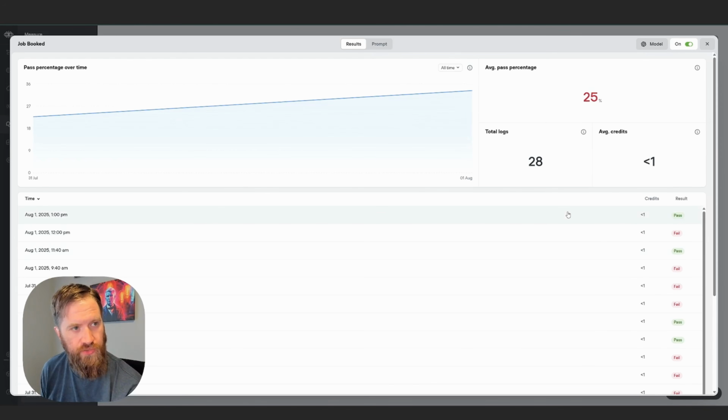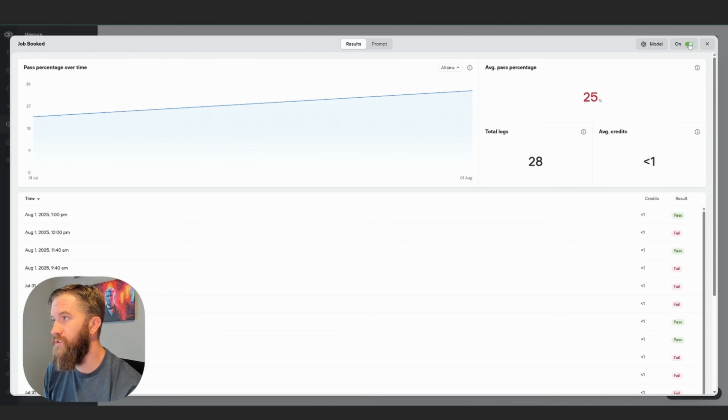Each one of these evaluations is less than 1 credit. So it's nice that we're able to see, okay, these evaluations are obviously not free. We're using Voiceflow credits from the account in order to gain this information. But what is great is we have an analytic window on the evaluation itself. So since July 28th, 28 conversations have happened with this agent, and 25% of them have led to booked jobs, right? Not bad. So we've had 7 or 8 booked jobs in the past couple of days, which is cool.